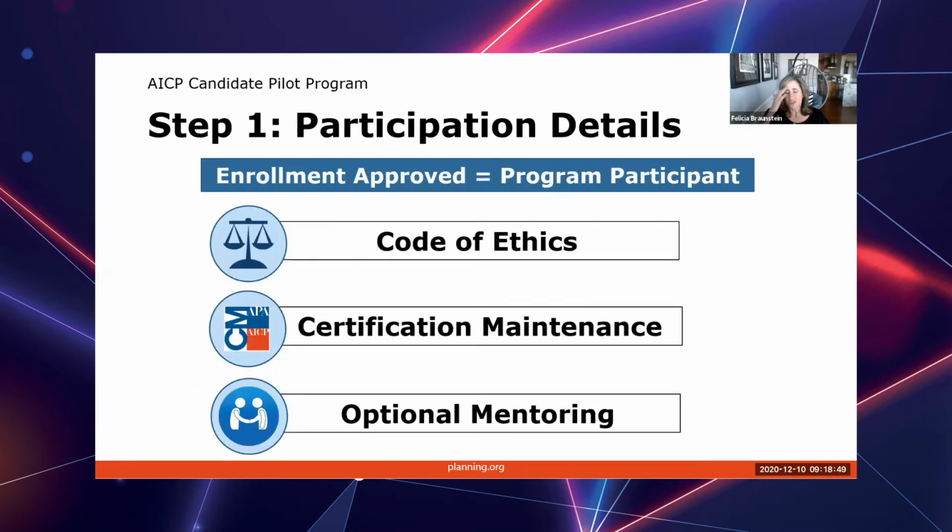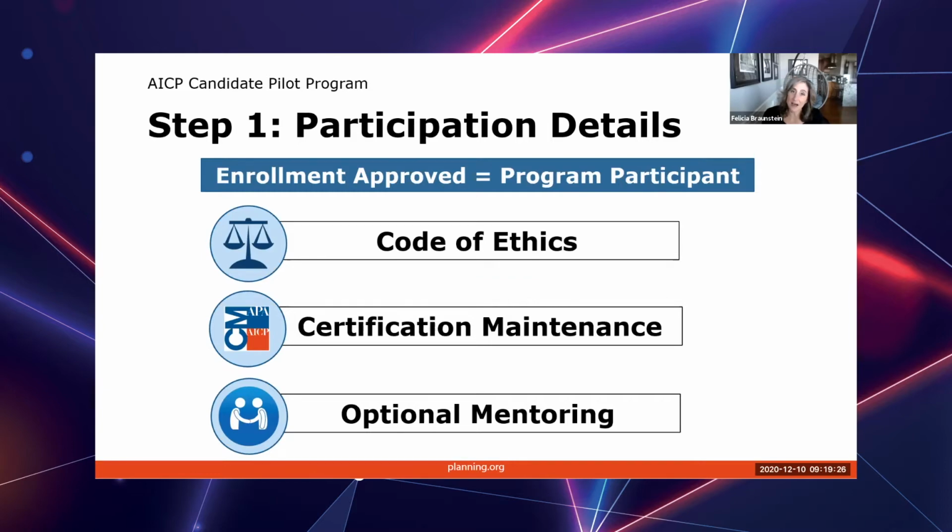So, an overview of what else is involved in the program aside from the steps. The AICP Code of Ethics is really helpful and a strong feature of the credential. It's not only specific about what you can and cannot do, it's also aspirational and inspirational, and it's very important. Part of the program when you enroll is that you agree to abide by the Code of Ethics, so it's important that you become familiar with it.